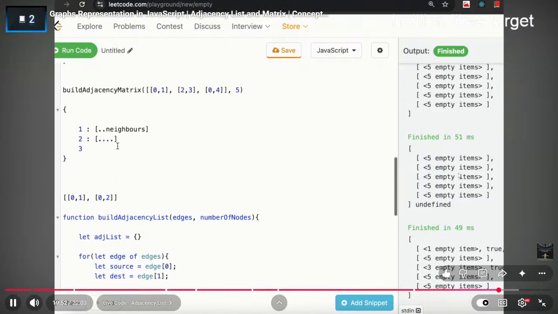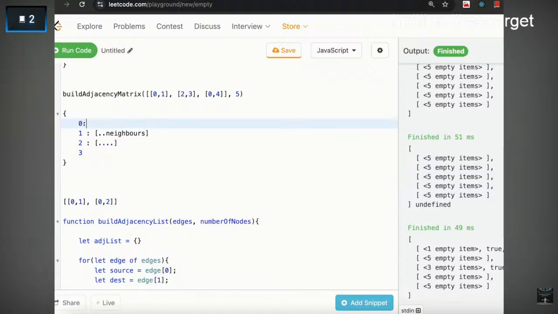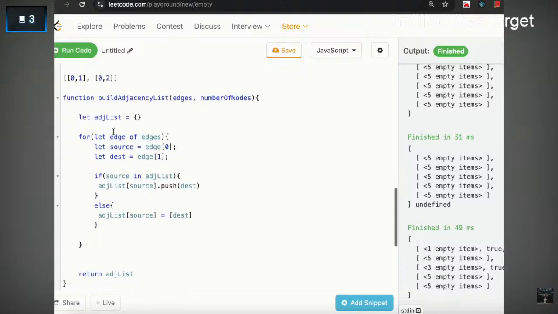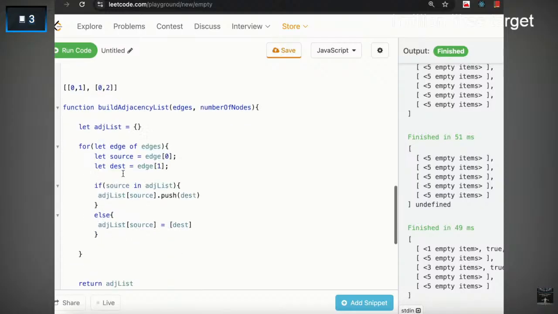तो ध्यान से देखो हम क्या कर रहे हैं, अगर ये की प्रेजेंट है तो मुझे पता है कि इसके अंदर एक एरे होगा ही, तो 0 के अंदर मुझे बस 1 इंसर्ट कर देना, और आगे मान लो 2 आया तो उसमें बस पुश करना है। तो पुश इज नथिंग बट अपेंडिंग दिस एरे, इसके अंदर एक और इनपुट जाके भर दिया। बट अगर वो है ही नहीं, राइट, तो हमें 0 और एक एम्प्टी एरे क्रिएट करना होगा और उसमें एक पहला वैल्यू डालना पड़ेगा।